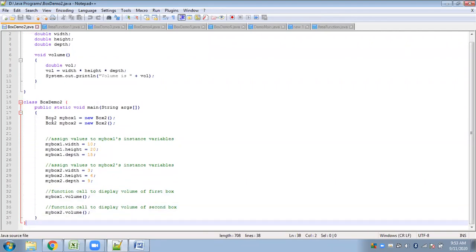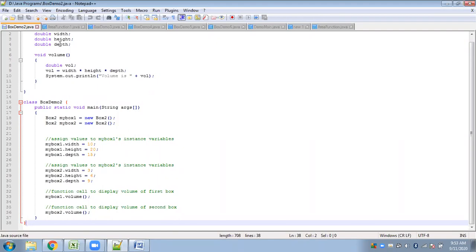So this class will be the starting point of execution. We have the main function here, and inside the main function we will perform everything. The main control will actually be performed here. From the main function, we are to call this box2 class. As you all know by now, if you are referring to variables or methods belonging to a separate class, then you have to create objects of that class.